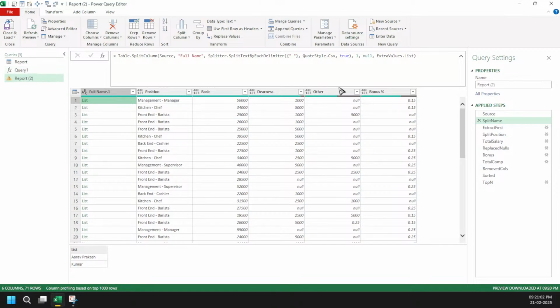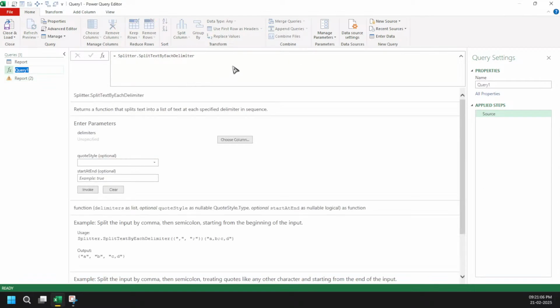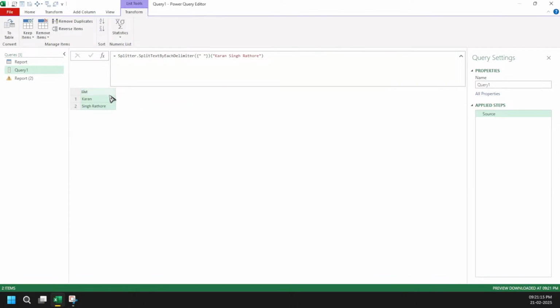So what we can do here is, you can see I am splitting. So what can I do here now? Let's see. I need a list here, and then I will come here and paste this one value, right? So at least I want a list format. So is there a good Power Query function which we can use?